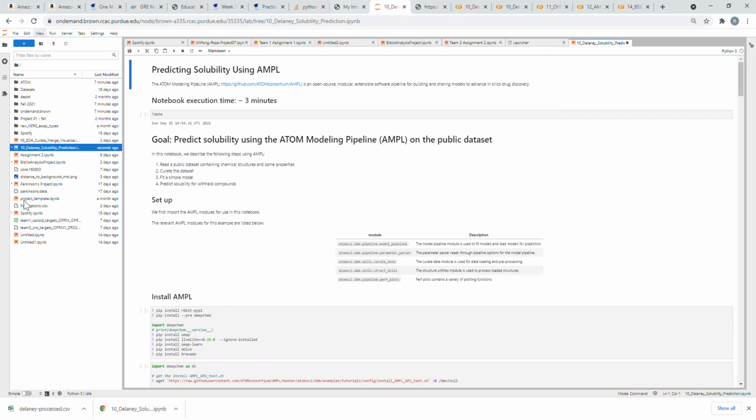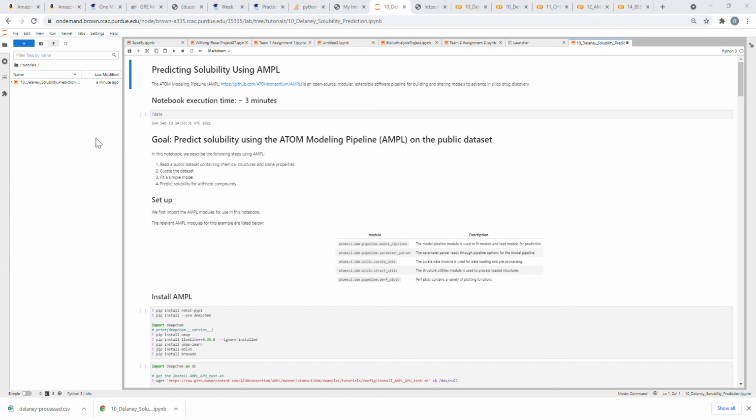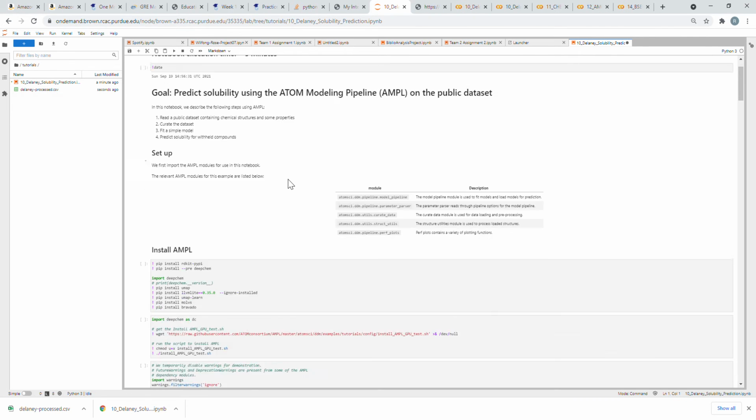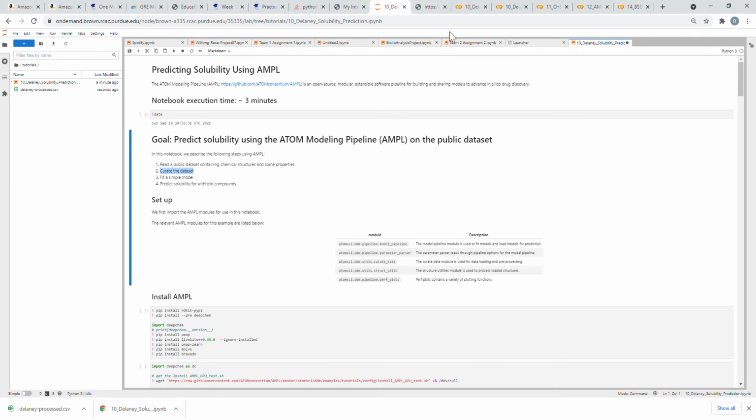And then I'll go back to my JupyterLab, and I can also upload this file. So let me make a new folder for tutorials, just so everything's a little bit organized. So in tutorials, I'll go ahead and upload my data file. So open that, upload it. Okay, so now that we've switched over to